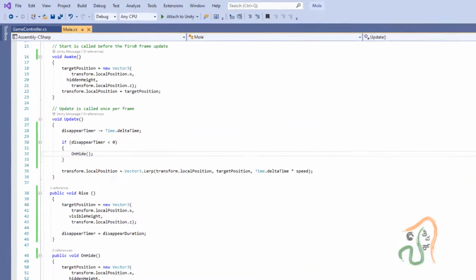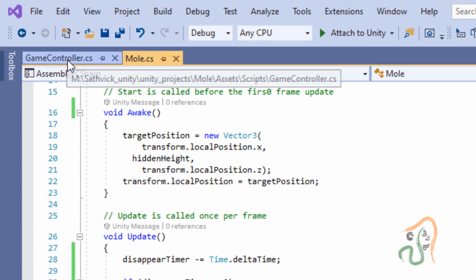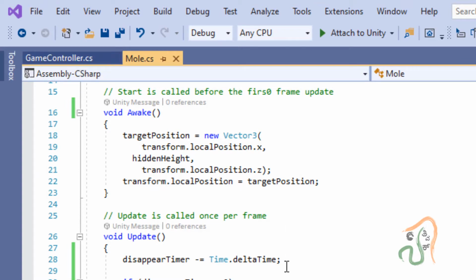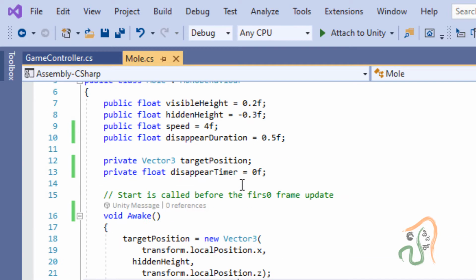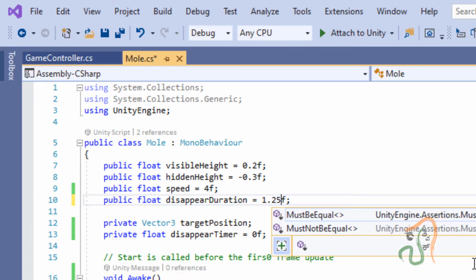Now come back to the script, and in the script, where we had set the disappear duration to 0.5f, let us change it to around 1.25f.